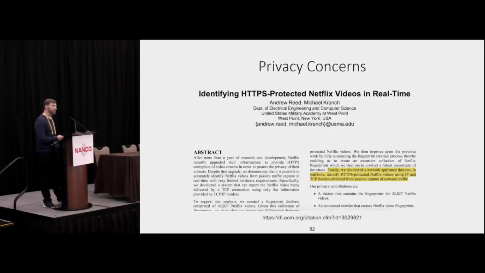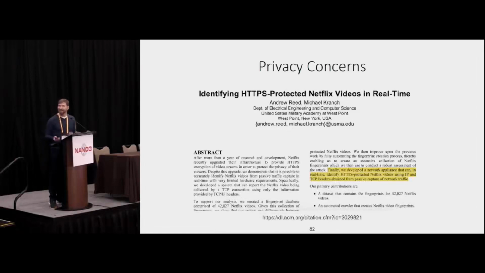So part of the QUIC Working Group has seen a lot of influence from people who are very concerned about privacy. This is a screenshot from an article about someone who identified Netflix videos in real time using HTTPS fingerprinting. They were mostly just looking at TCP headers, so that's transport layer signaturing. This is just one of many approaches being shown to be valid in identifying what traffic is actually flowing on a network, even if it's an unintentional release of information.